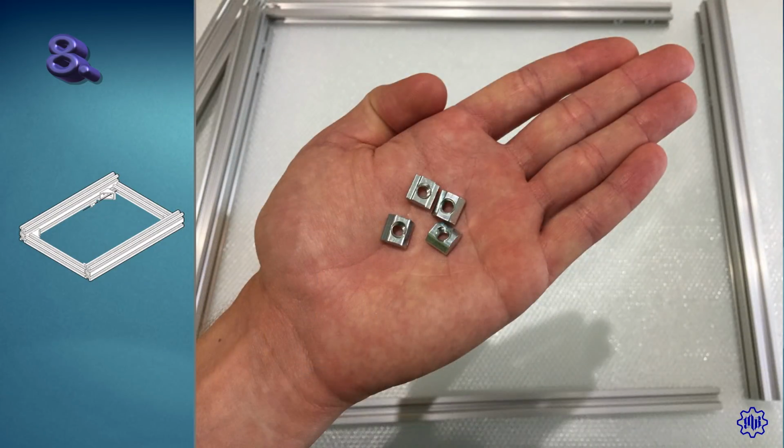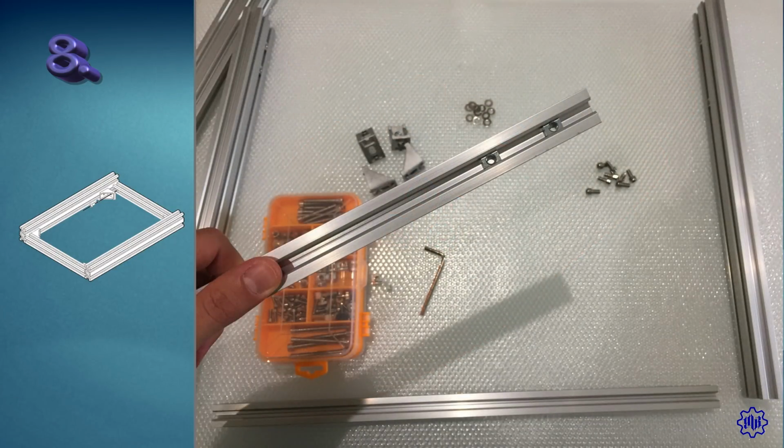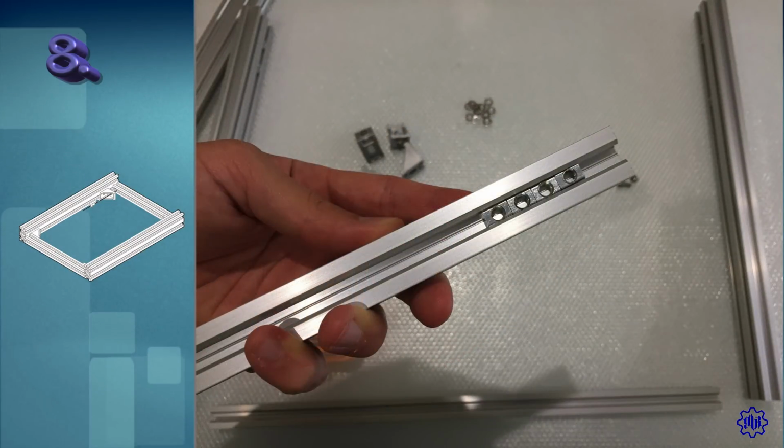Again on the back bar, we will place 4 T-nuts, 2 for the future legs, and 2 to support the electronics, exactly opposite the 2 T-nuts already inserted. This bar will practically have 6 T-nuts,